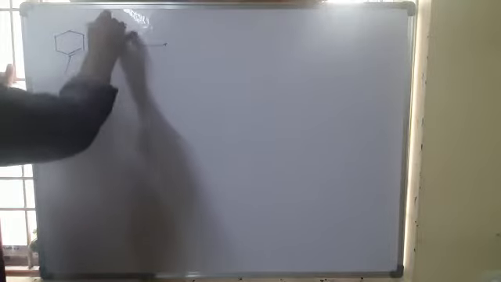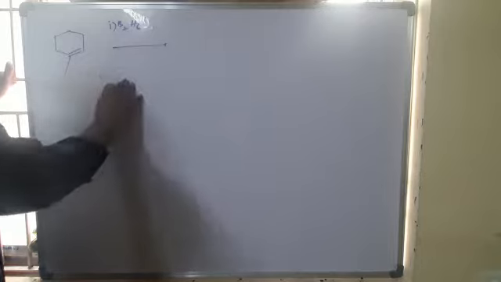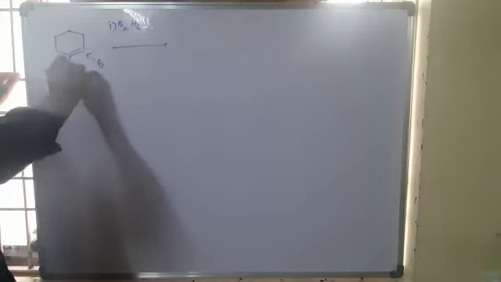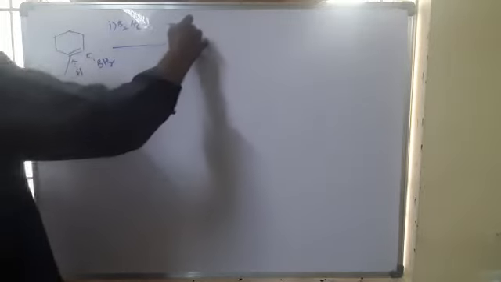So next, some more examples for this. If I take this molecule, okay, this is the molecule. To this I use B2H6 in the first step. So what happens here? B will attack from the end, the less hindered side. H will attack the more hindered side. Okay? BH2, H. So like this it will attack 3 times.